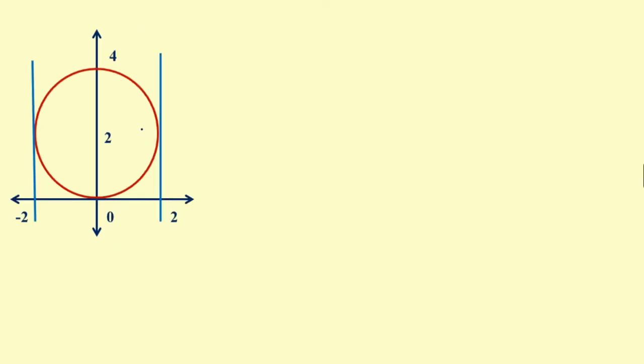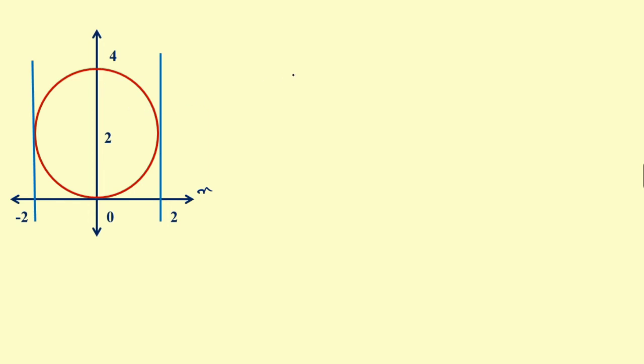Now see the same circle just shifted from center (2, 0) to (0, 2). That is, the circle lies above the x-axis. Okay, now what is the area of the circle? The same circle, area of the circle is 4 pi square units. Now how will the questions change according to the position of this circle?